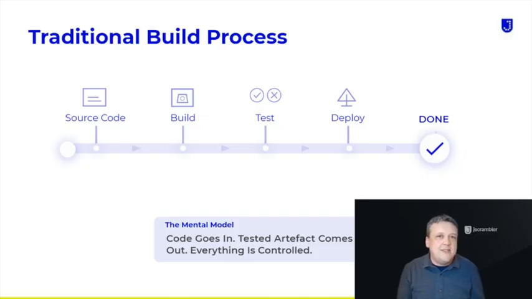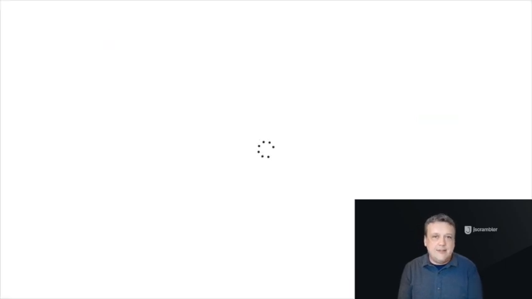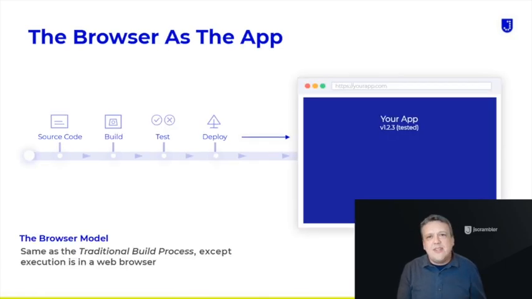This mental model is comfortable. It suggests that your application is a finished product. Once you've tested it, once you've security scanned it, once you've shipped it, you know what's running. That's the story that the conveyor belt tells. I think this model has held up pretty well since the time that I was at university. And even with the early web applications, it wasn't that far off the mark. But here's the problem. That story is incomplete. Modern web applications don't quite work this way, not anymore.